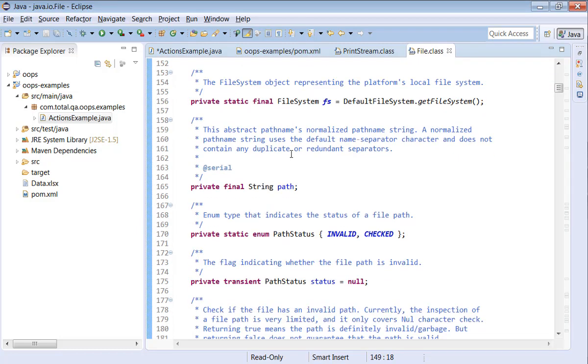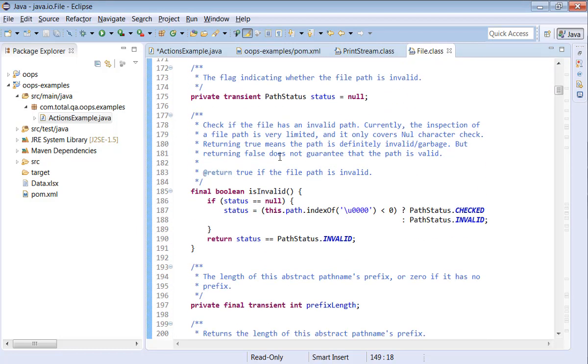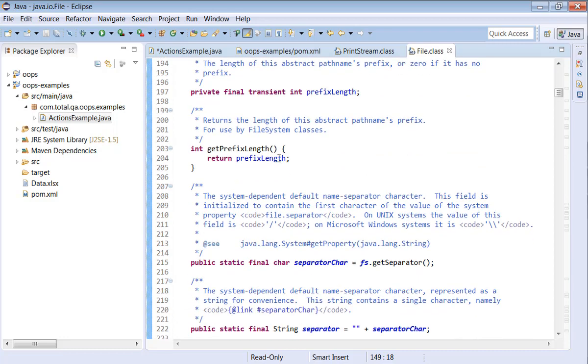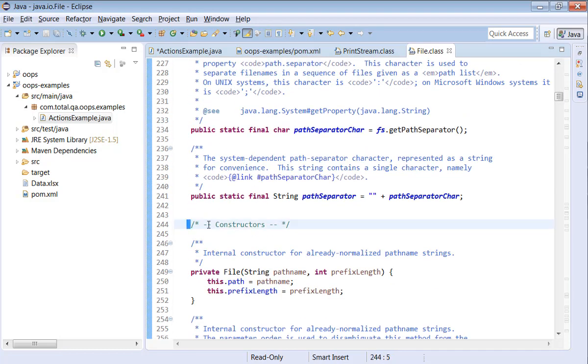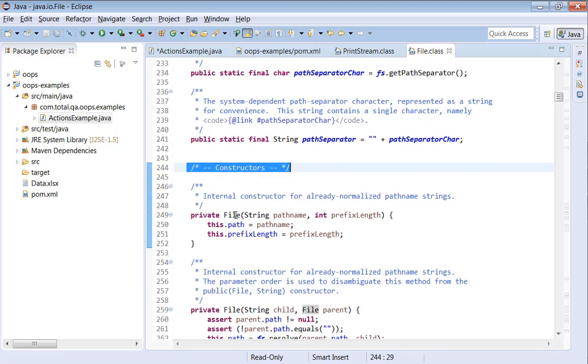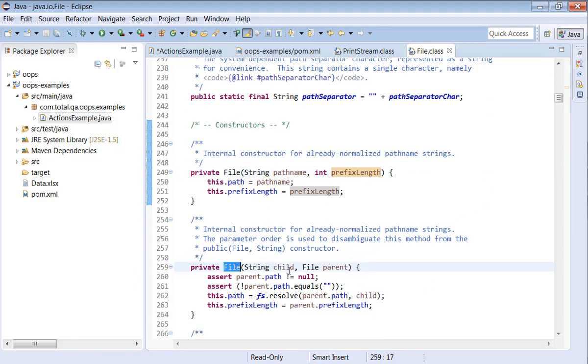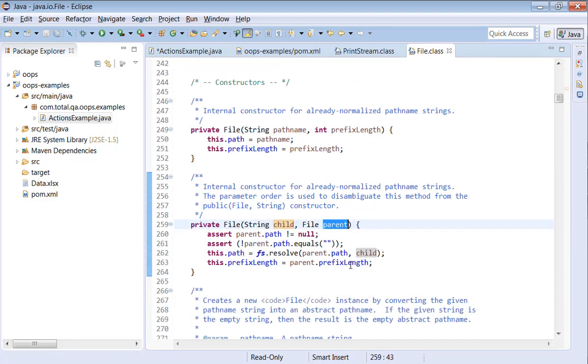You can scroll down and see the constructors which are available here. Let me scroll down slowly. There are constructors available. This is a constructor which takes a path name and prefix length. This is a constructor which takes child and parent.